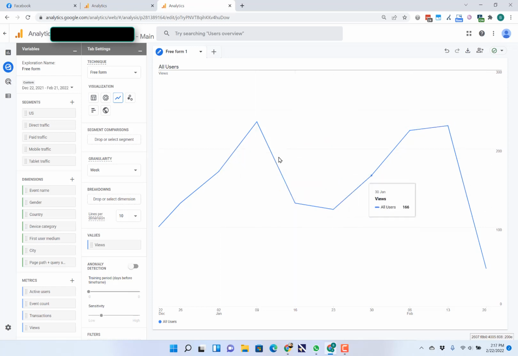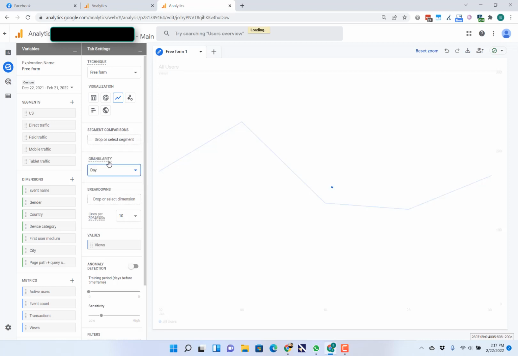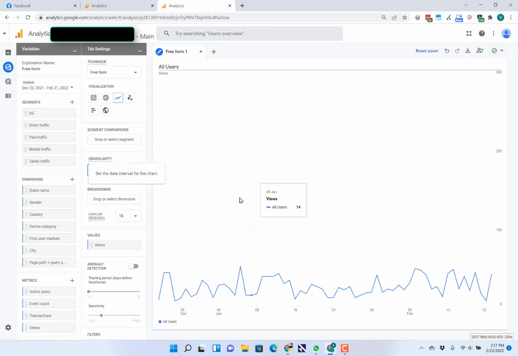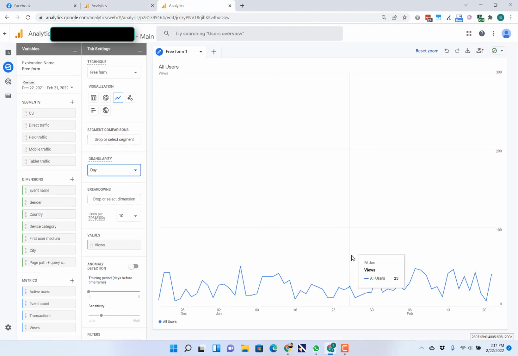Now, if ever you still want this also, but you don't see the table because you were looking at this, but you don't see the table. Oops, I zoomed in. Let me go back to the day. Now, in Universal Analytics you have the graph and you have the table. Here in GA4, you have the graph, you don't have the table. You could also have the table, but not the graph. You could do that, but they are not